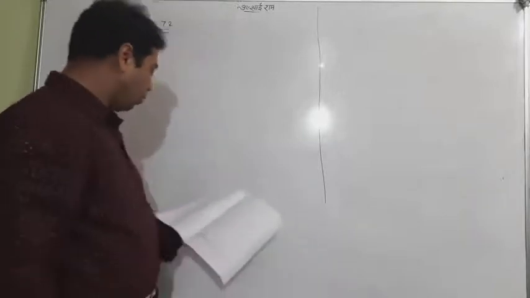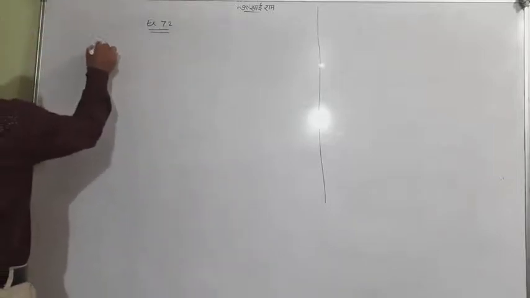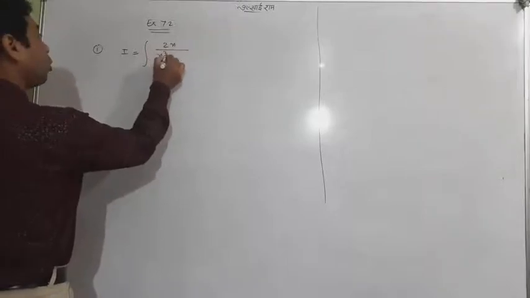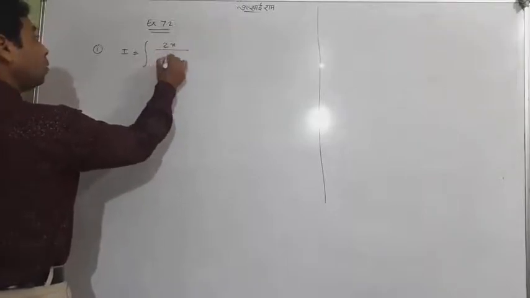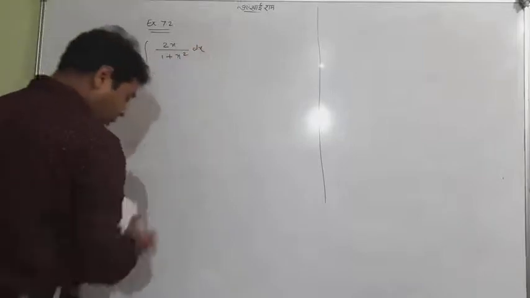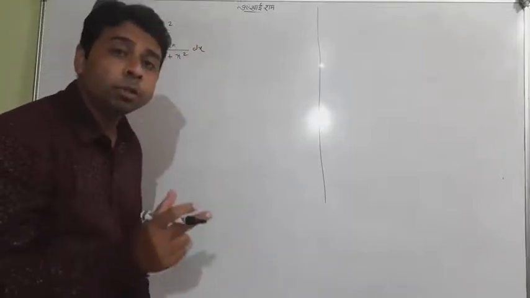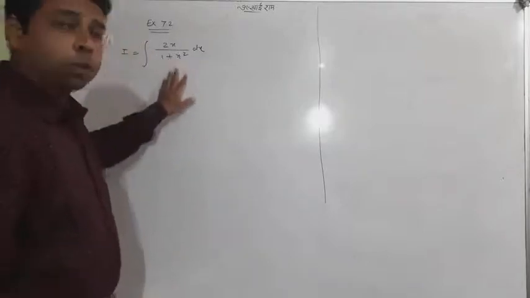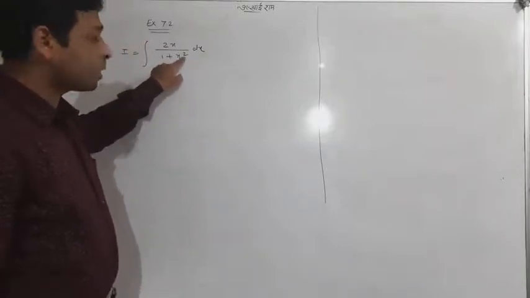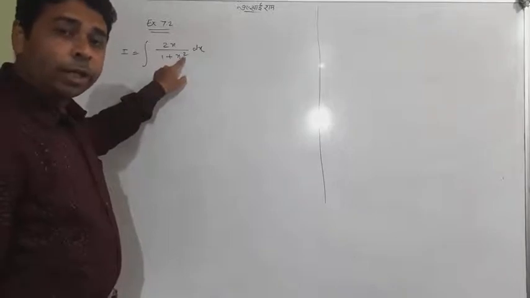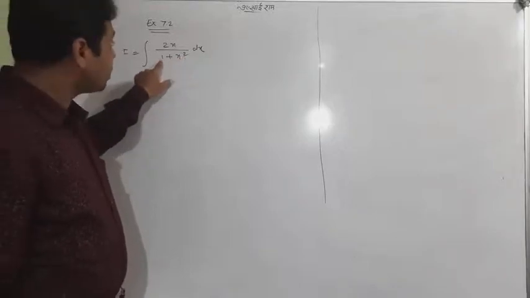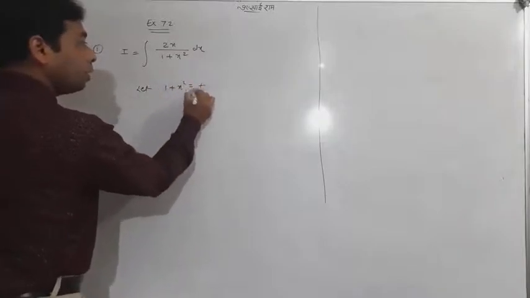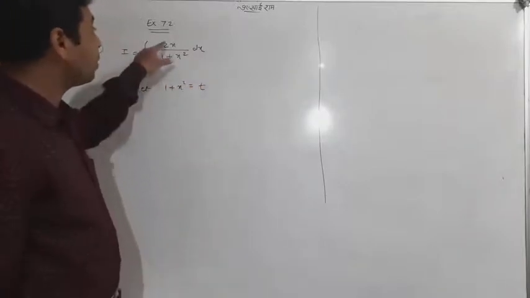Okay, let me tell you, even the first question. I know that the very first question is not very important. Still, what I am trying to tell you, look at it. Students, you try to learn what you have to consider as t. See the question, you will see 1 plus x square is coming in the denominator. When you assume this is t, that is 1 plus x square equal to t, now doing differentiation, you will get the same as the numerator.